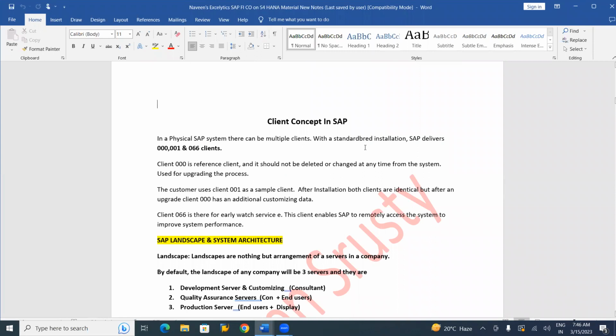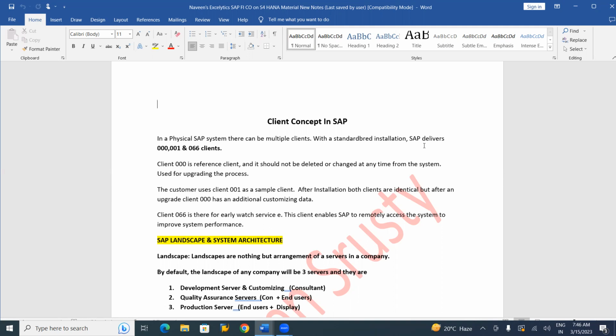With standard installation, SAP delivers clients. When we take a license from SAP, standard SAP will give you 3 clients by default, to whoever purchases across the globe.